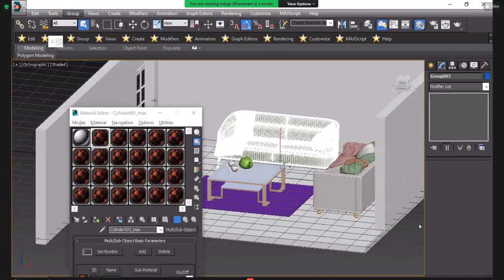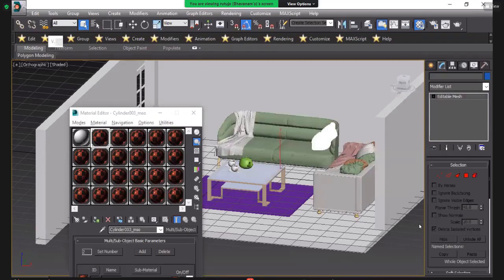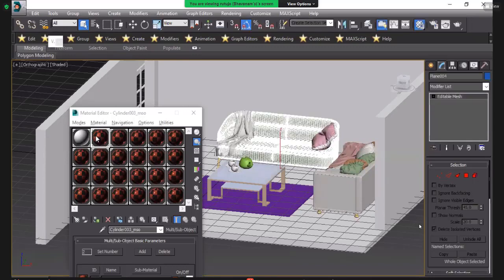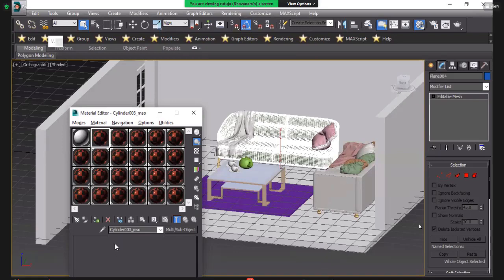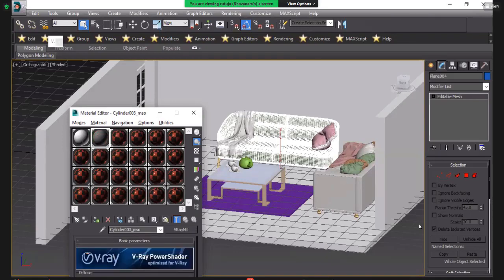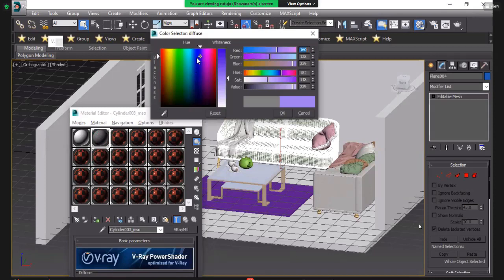Ungroup this first of all. When we ungroup it, are you seeing there? You will select individual. Okay. So that's why I will take one color here, take V-Ray material, press OK, and go in the color section. So I want to get blue dark color, which I will get from here.